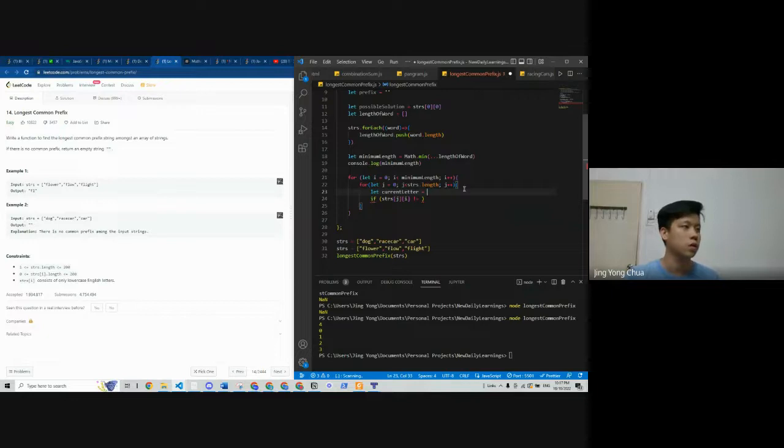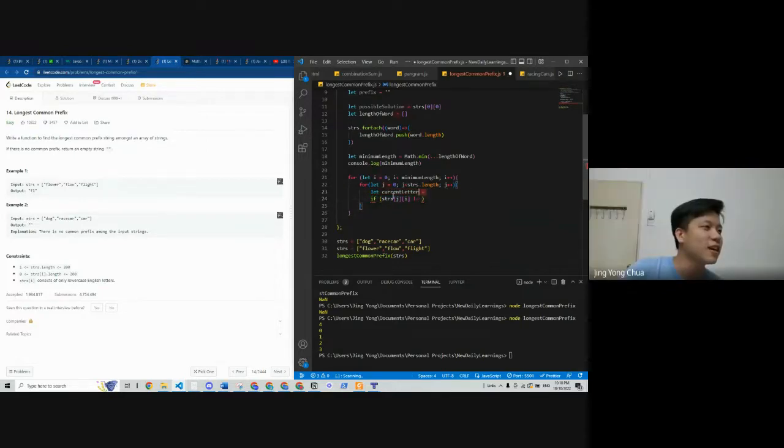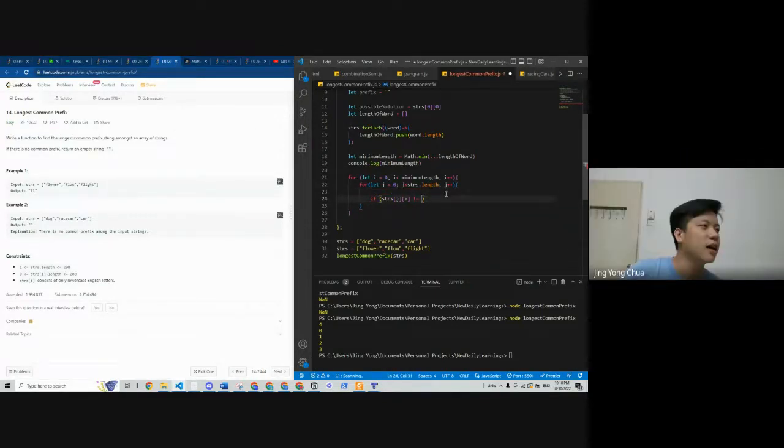Oh my gosh. Wow. I think j equals to 1, eh? Your nested for, j equals to 1, initialize.